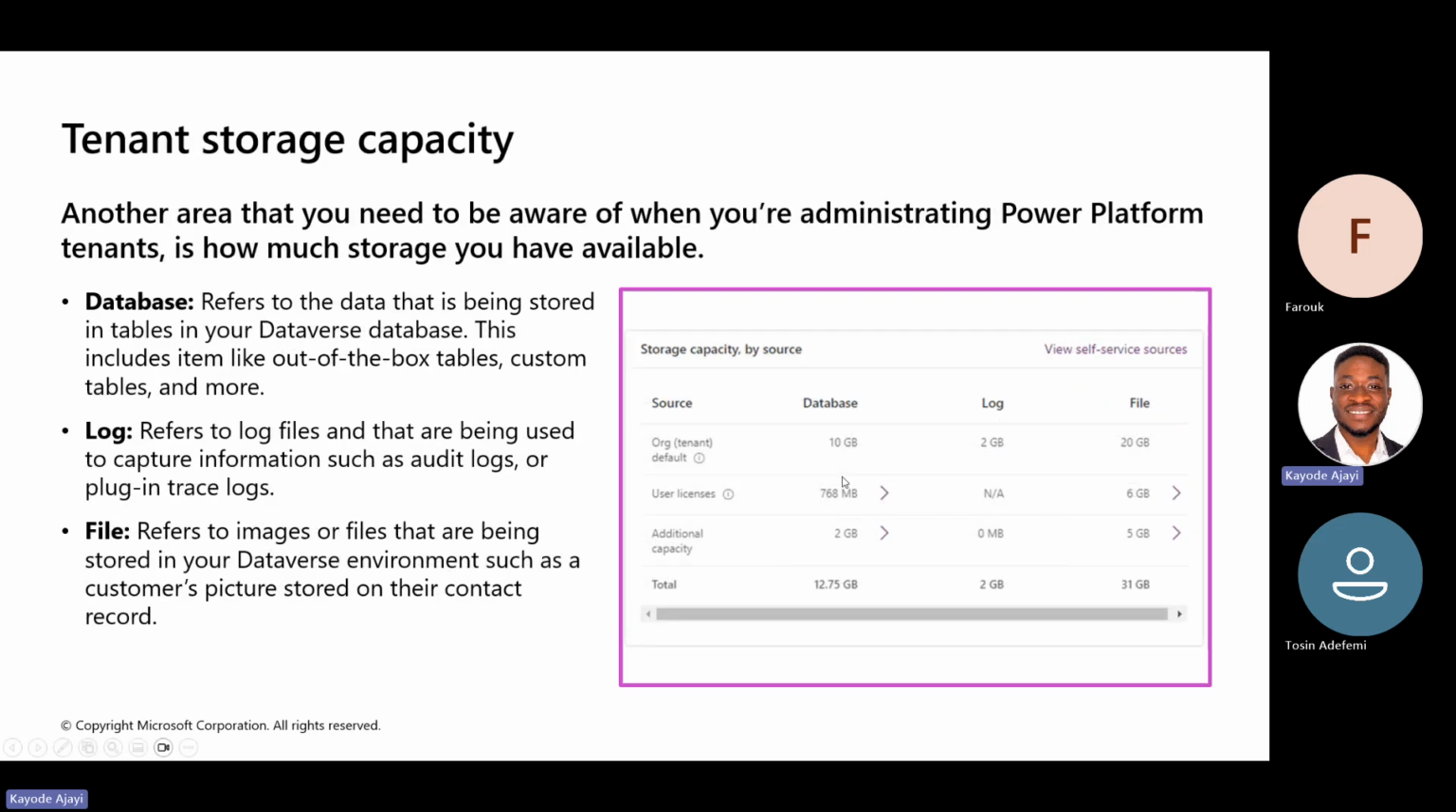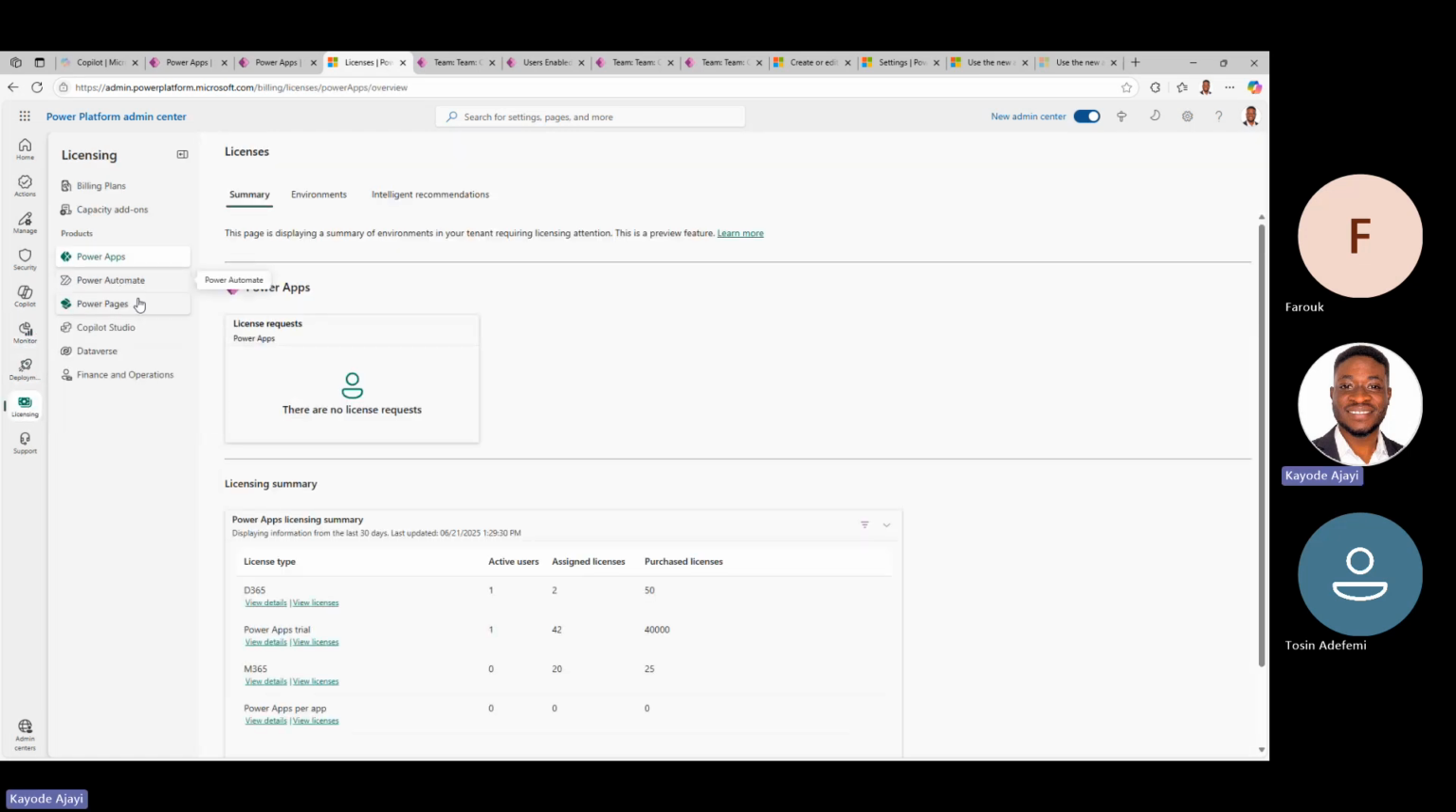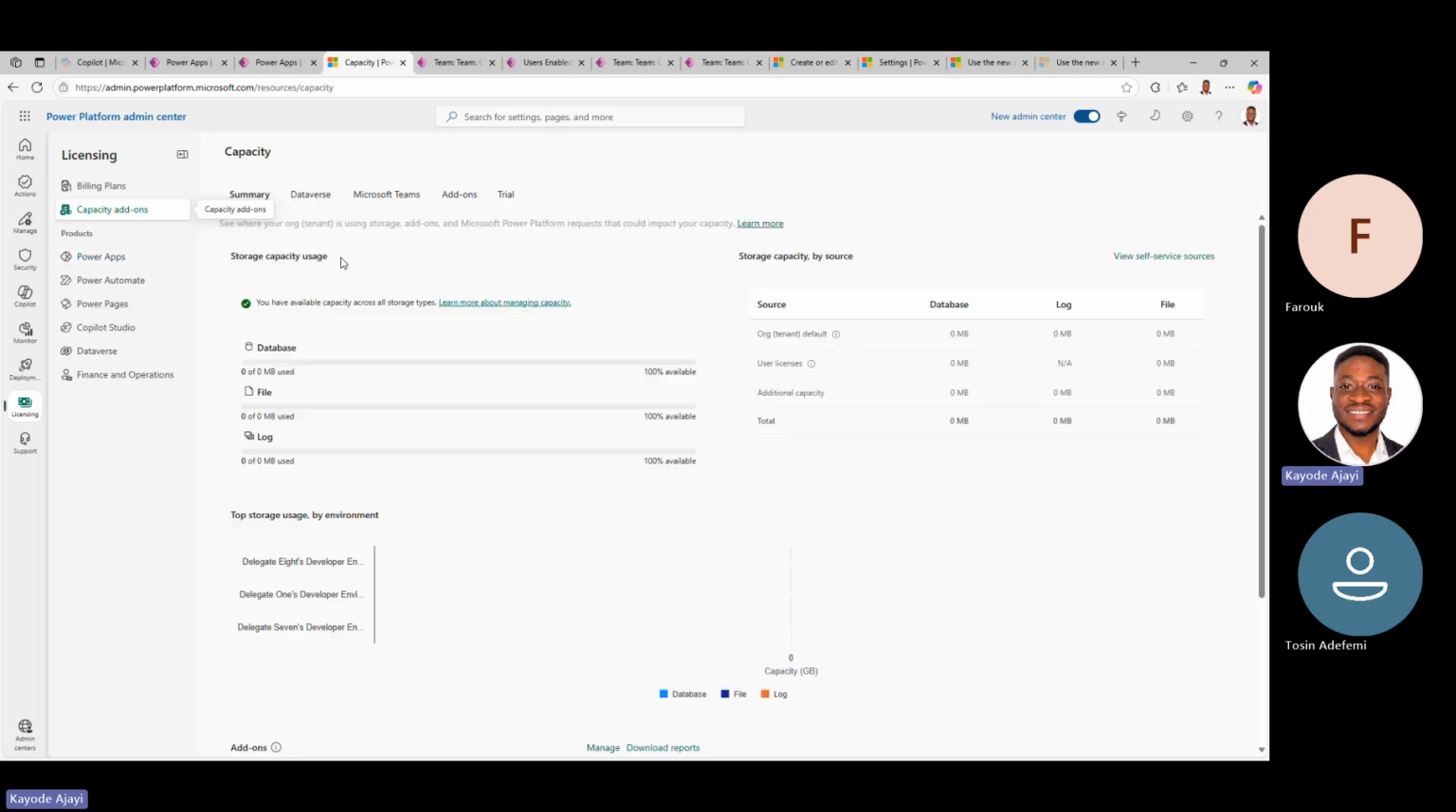I'm talking about capacity too. That's another key thing to look at because every license has different capacities. So you want to be able to monitor what licenses you have, who they are assigned to, and what your database capacity is, because every environment has a limitation on capacity. So you can buy add-ons. Every environment has a database, I think 2 gig or something. If you end up needing to use more than 2 gig, then you have to talk to Microsoft to buy